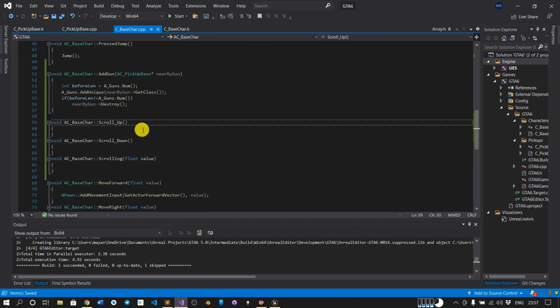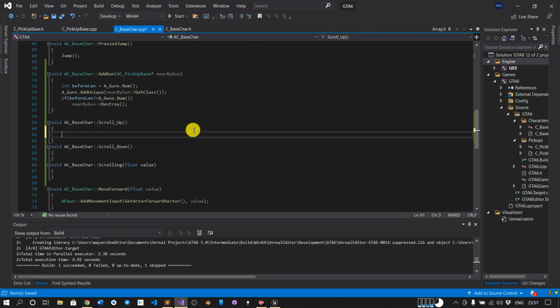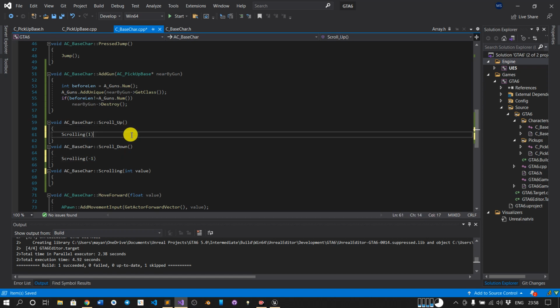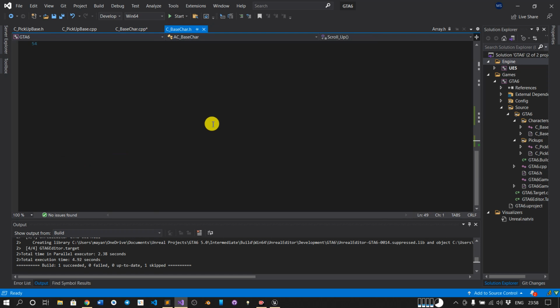Now, okay, so we will scroll up. We will call the scrolling function with +1, and let's keep it as an int value. And here, if we scroll down, we will call the scrolling function with -1. Perfect. We have to change the definition here.